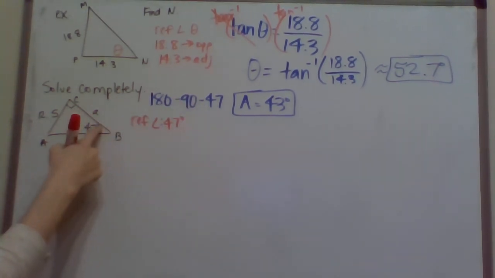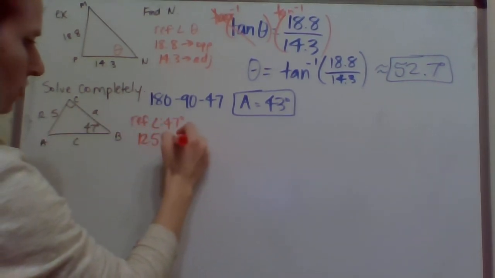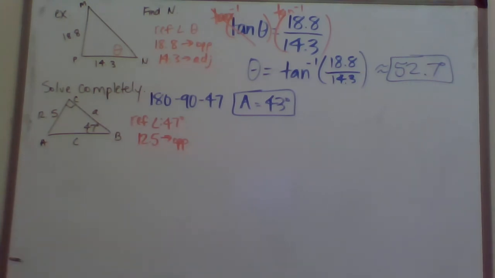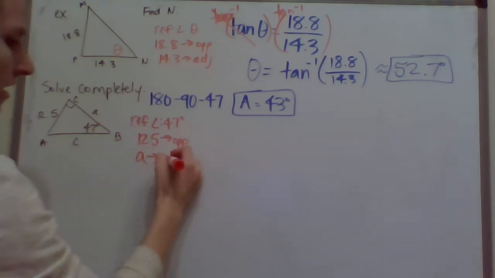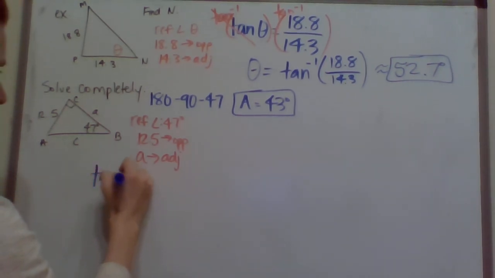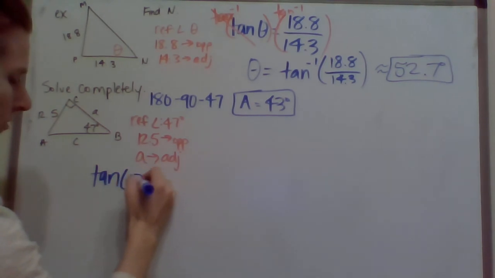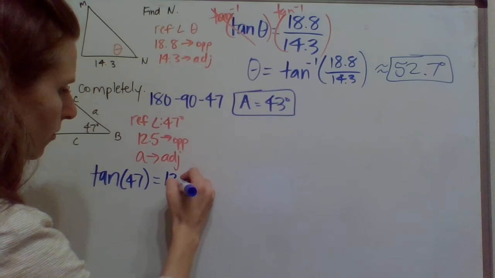From this angle, I know 12.5, which is opposite, and I need two things, so just pick one of the things that you need for now. I'm going to go ahead and choose A. Well, A from this angle is going to be adjacent. So if I have opposite and adjacent, that tells me I want to go ahead and use tangent, so that the tangent of 47 degrees is equal to opposite over adjacent, so 12.5